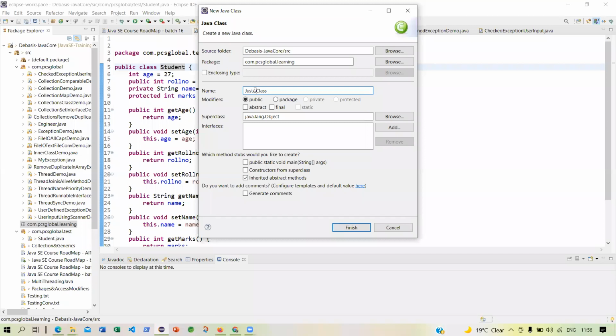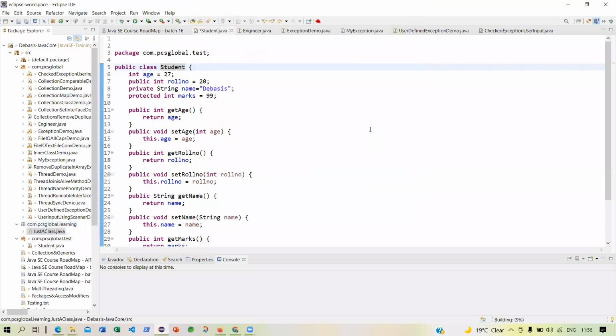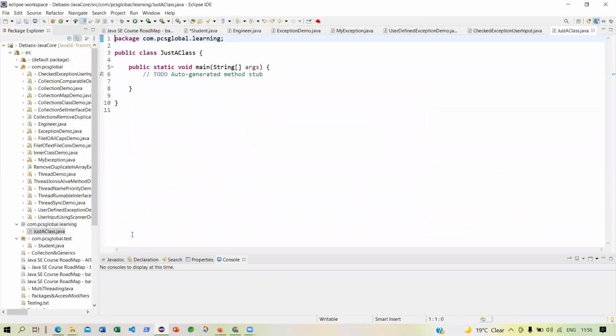So J capital, A, and class C capital, JustAClass. And I will include the main method. So can you see that I have created a package, and now the package has a class called JustAClass.java. Fine. Then you start coding whatever you want to do. Is that clear?